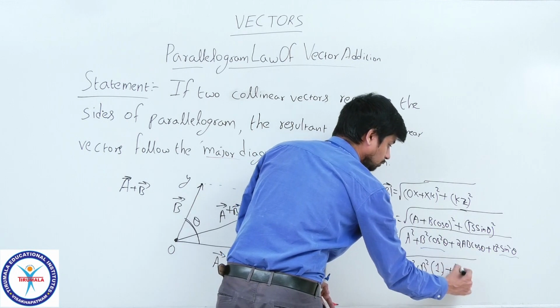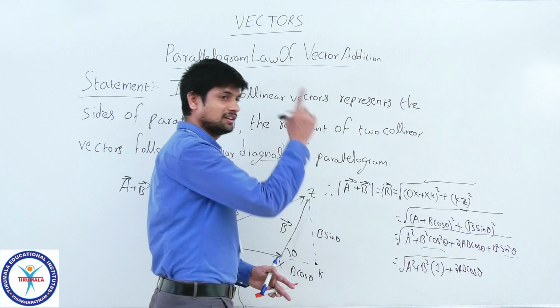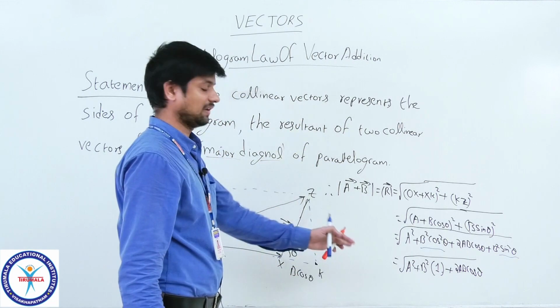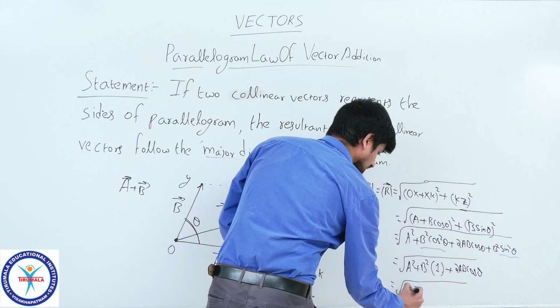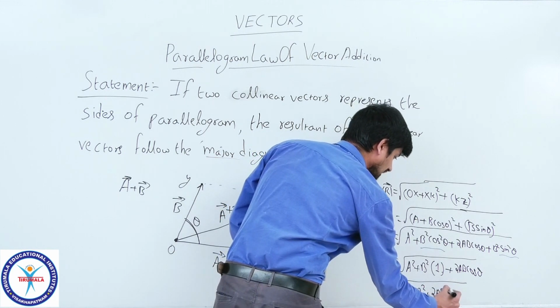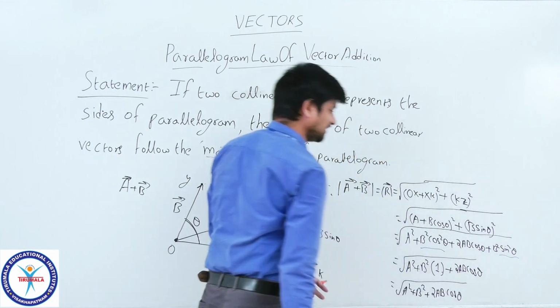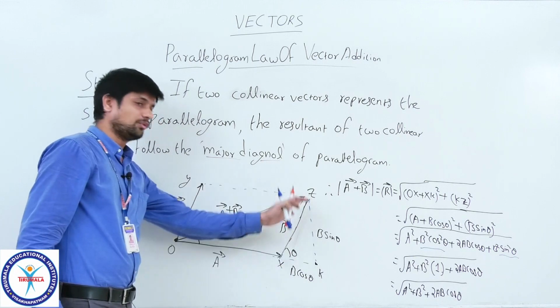1, plus 2ab cos theta. What did you get, children, in the triangular law of vector addition? Same value. So, a square plus b square plus 2ab cos theta, the same thing, but I made this parallelogram into one triangle,